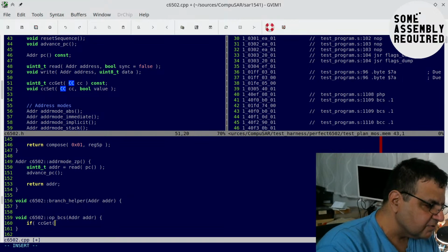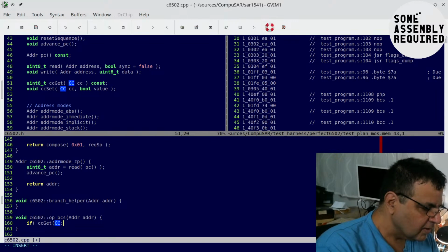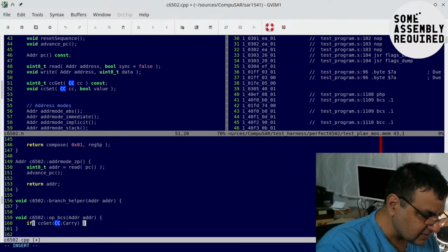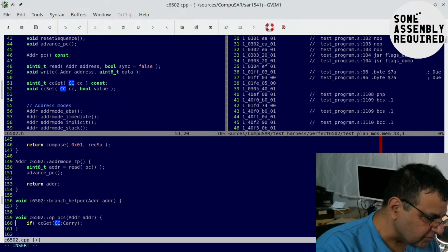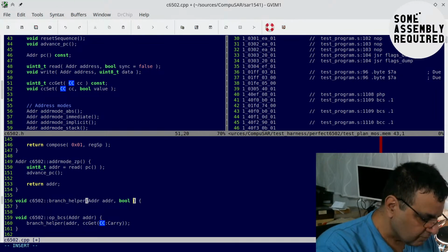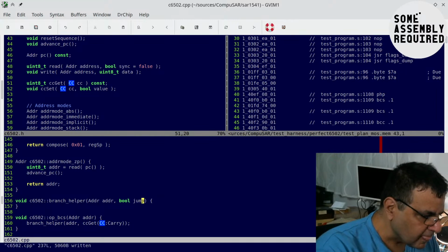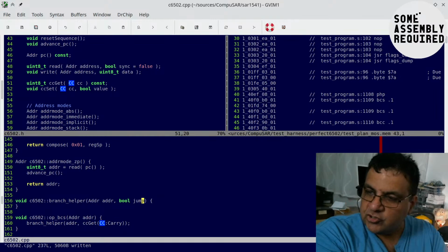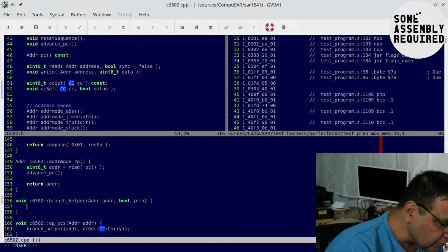cc get carry, branch carry set. No, we'll do this. Branch helper addr. So we give it a boolean that tells us whether we jump. And we know that if